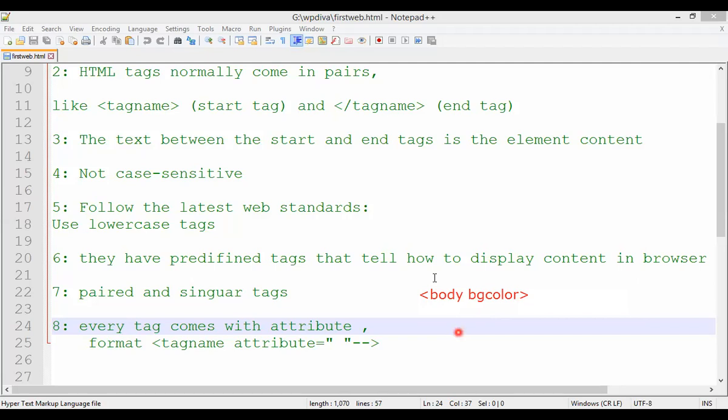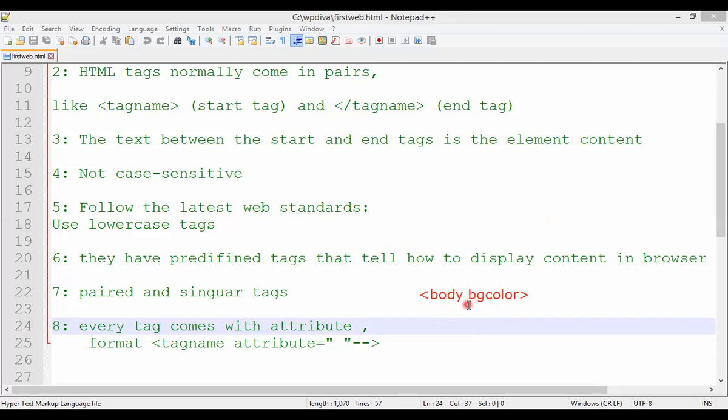All these features are called the attributes of that student because those are the features of the student. Similarly, whatever I want to do with the body, the browser display page, those are the features of the body tag. So I can add a background color to body. I can add a background image to body also. So here, what is this BG color? This BG color is one of the attributes of this tag.